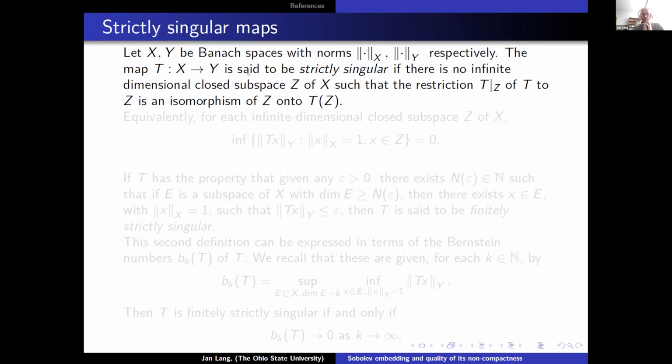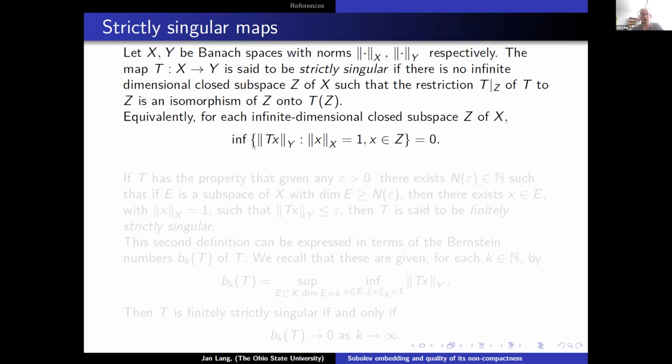it is impossible to find an infinite dimensional closed subspace of our starting space X, on which the restriction of T to that infinite dimensional subspace is an isomorphism, which means what? It's invertible. If it's impossible to find such an infinite dimensional subspace, we are talking about strictly singular. In another way, we can say that some map is strictly singular if for each infinite dimensional closed subspace